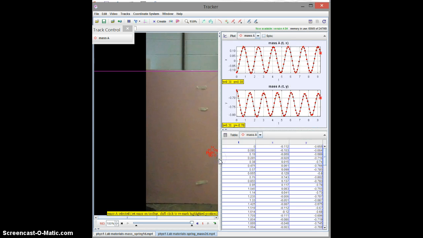To the right, we can see the plotted x coordinates over time as well as the y coordinates over time, and here below are both x and y coordinates with respect to t. From these graphs we can deduce a few things, but most importantly we're going to be using them to find the average period of oscillation. But before we get to that,